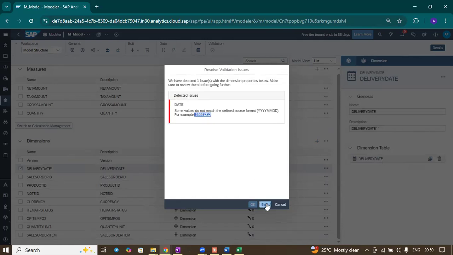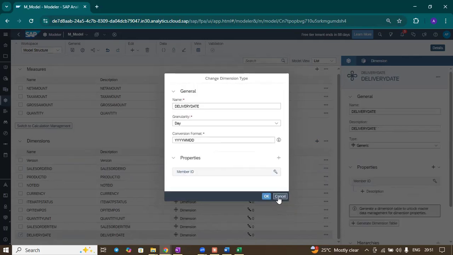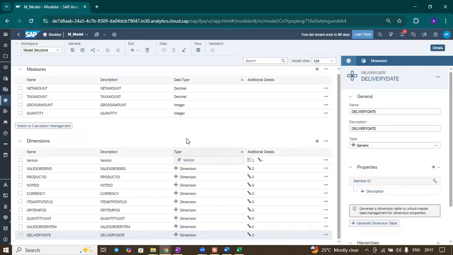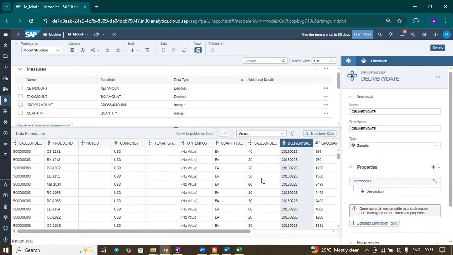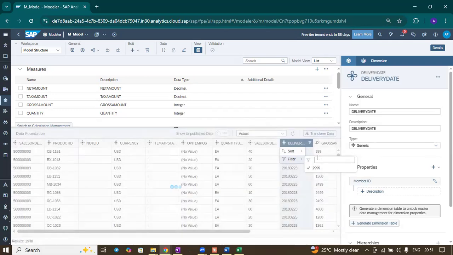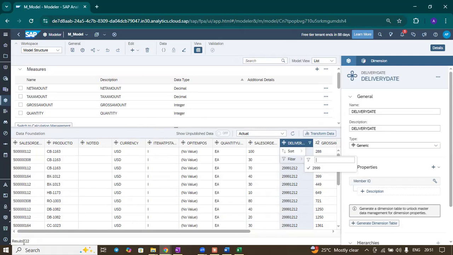So I'll just go back. You can change the date in the file. Before that, what I'll do is I'll go here, and I'll check what dates are there with 2999. I will just fill it out. Okay, here you can see total 22 records are there with this wrong format. So either you can go and change them in the file, or what you can do here is